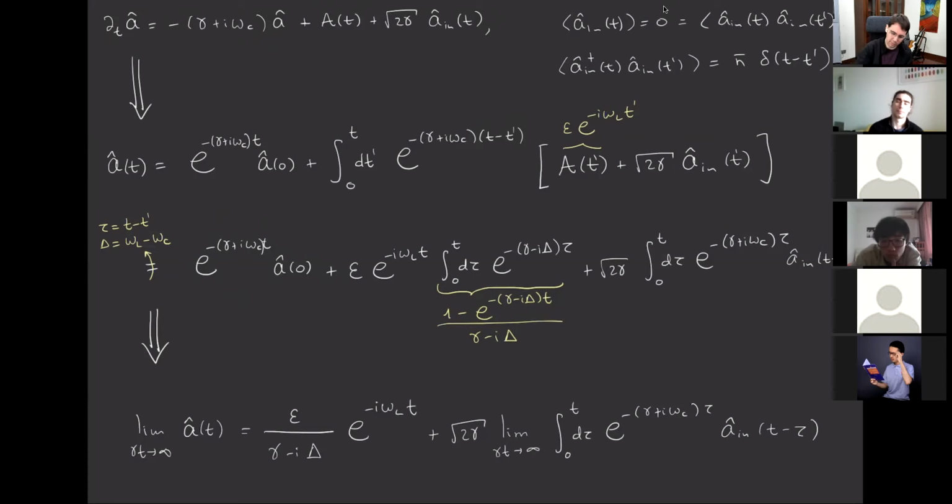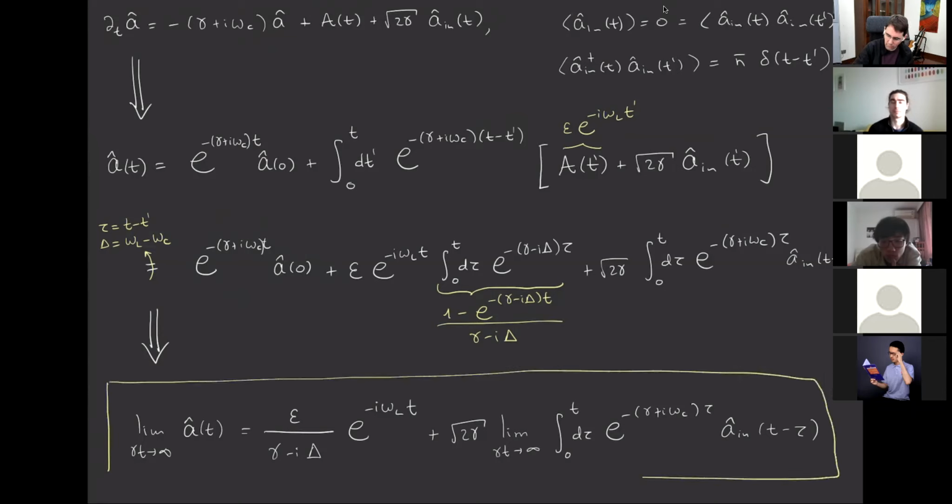So this is the expression that we can use now to evaluate any observable we want from the intracavity field, because we know the statistical properties of this input operator, and this is just some kind of function. So we can evaluate anything we want. So in particular,